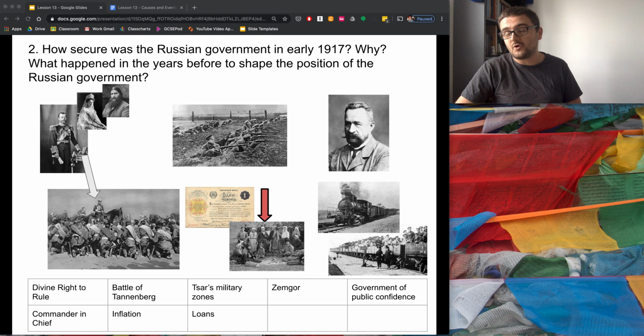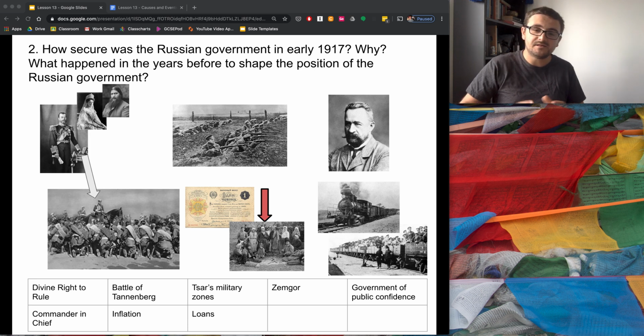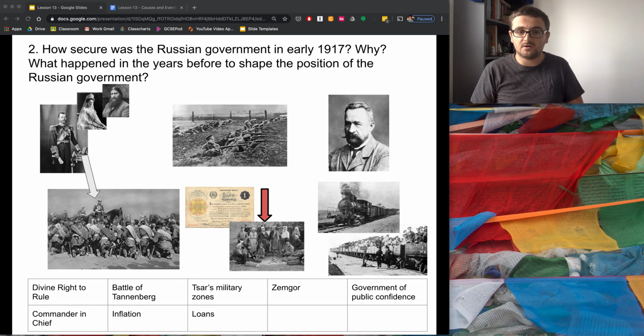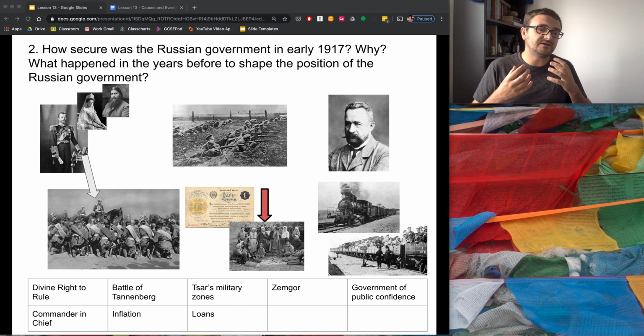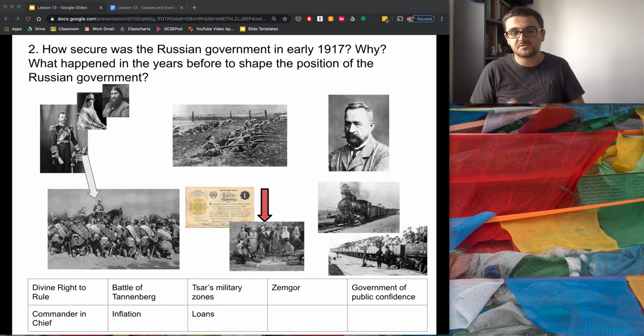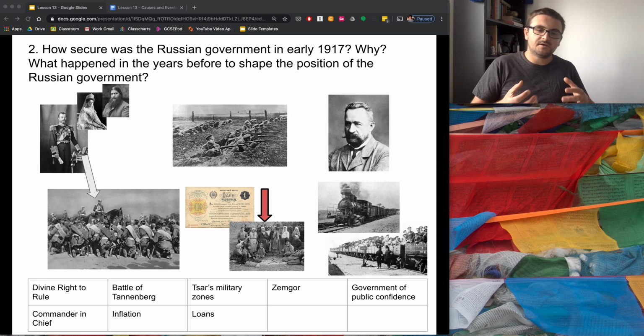And the problem that this also created for him is it meant that his legitimacy and the confidence that people had in him was now tied very closely to how Russia was doing in the war. It meant now that if Russia had any other failures, that failure would be tied very closely to the Tsar himself. So again, the dissatisfied soldiers who were unhappy about their lack of equipment, just the people in general who saw Russia struggling in the war, now blame the Tsar very, very directly.